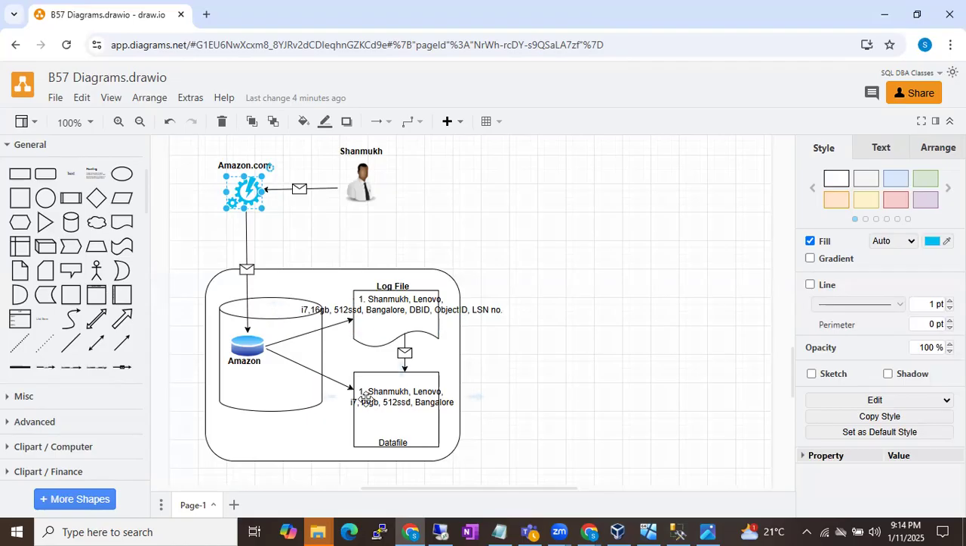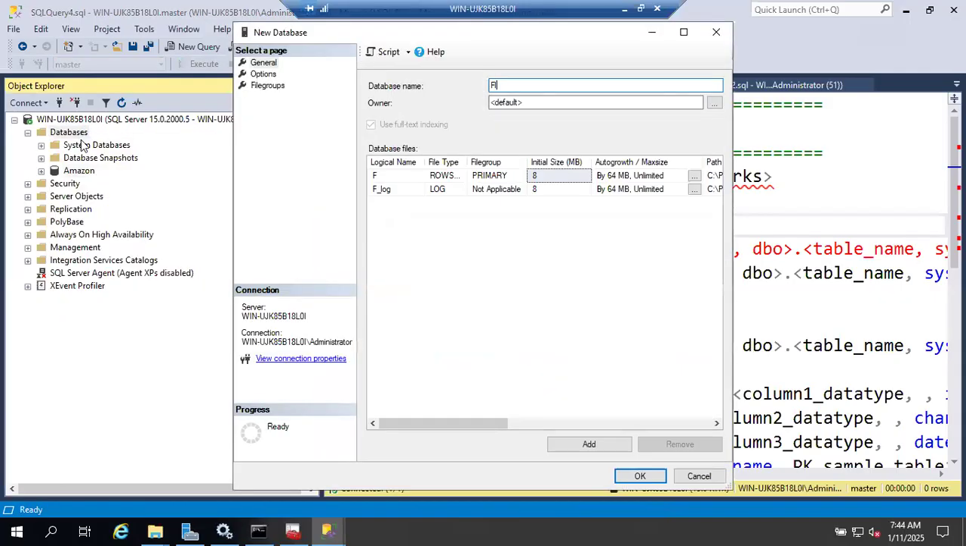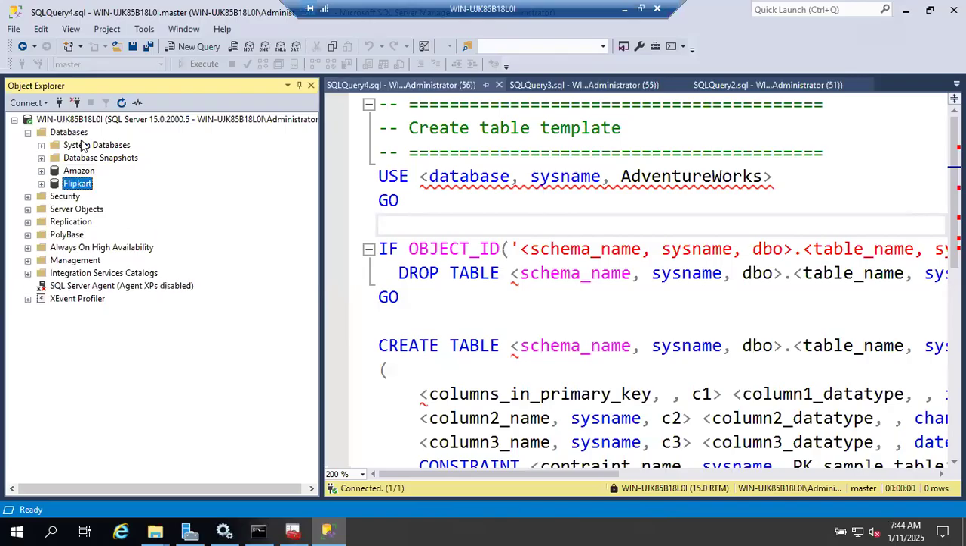Guys, just to understand, nothing we will do here. From the beginning of the session, we will just create the database. How simple it is. Right click, new database, Flipkart. That's it. That's how other trainers will teach you how to create the database. If you don't understand what is the data file, what is the log file, what is the functionality, how the data will be stored, organized, logically, physically, and if something goes wrong,